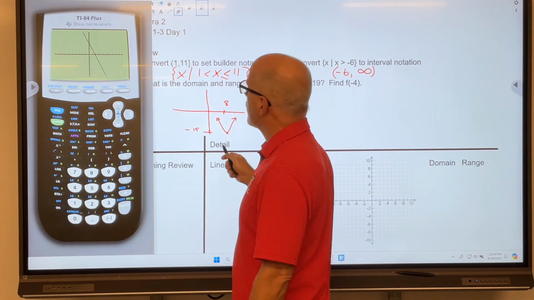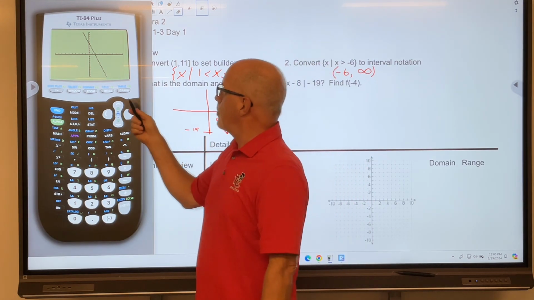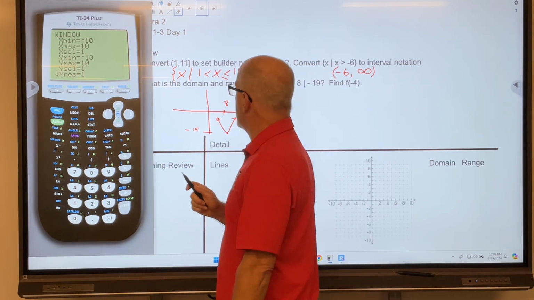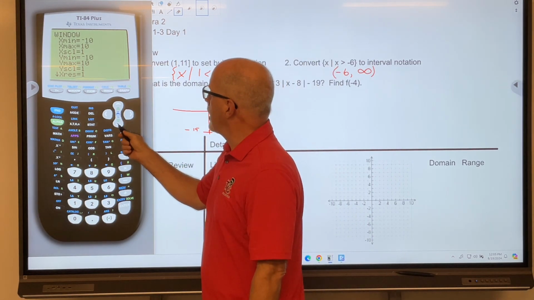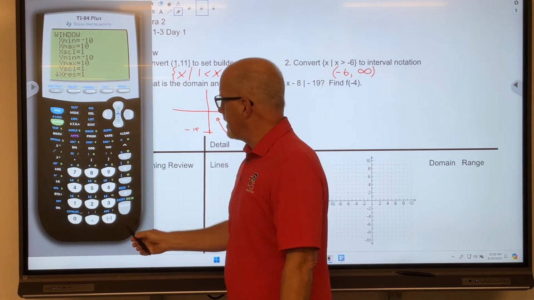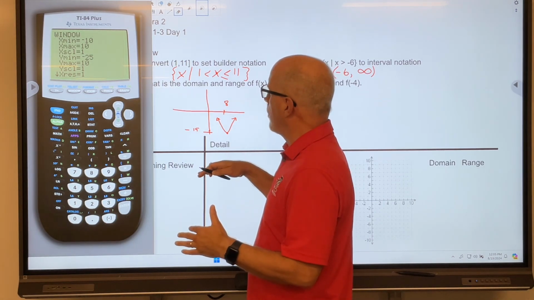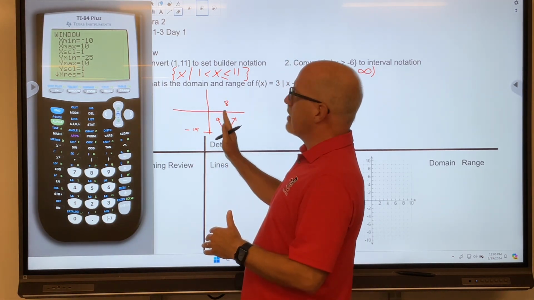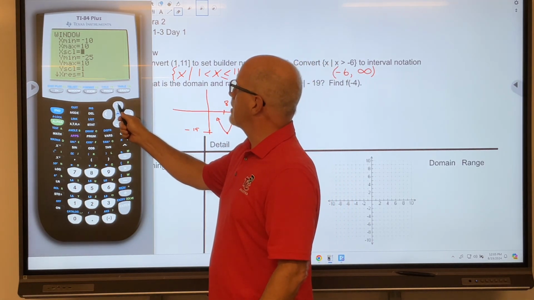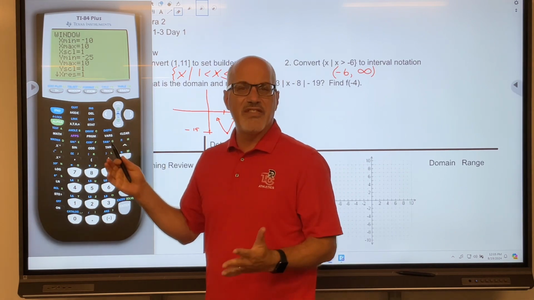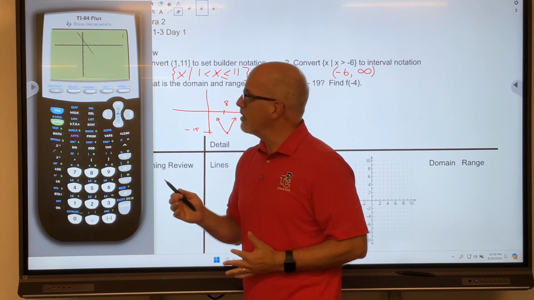Now I don't see the entire V, and that's because notice that this goes below -10. So what we should do is change our window. I'm going to go ahead and go below -19. So let's change the y minimum down to maybe negative 25. It's really your choice, but I just want to go further down below it. Let's do the x's, since 8 is where this cuts off here for the vertex. Let's go over, maybe make the maximum up to a 15 in order to see the whole entire graph. And then when I hit graph, that fits in the window a little bit better where I